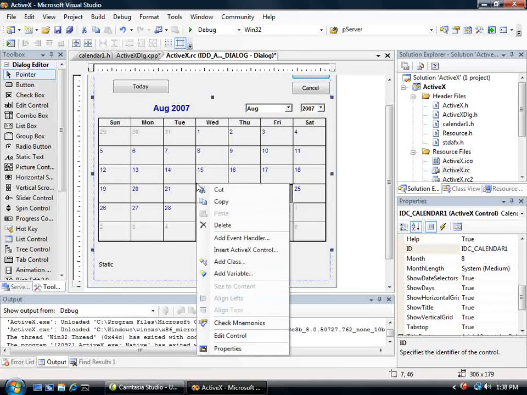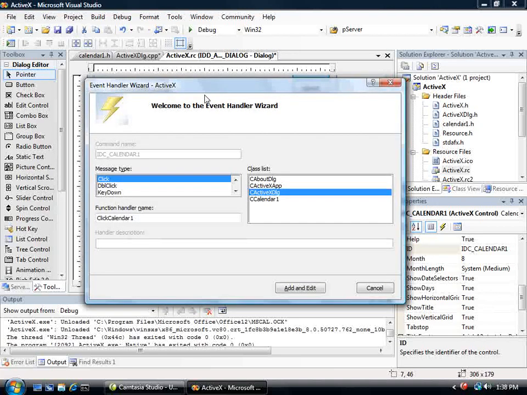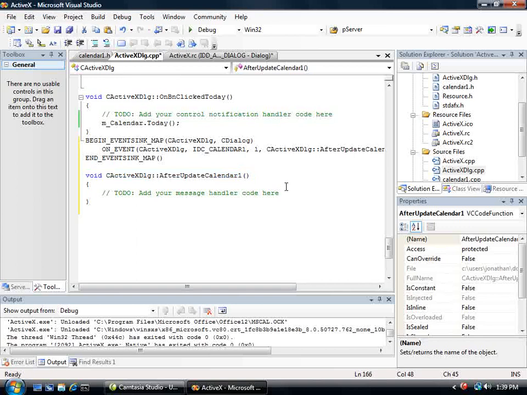Now we can right click on our ActiveX control, and we can pick add event handler, and this is similar to the add event handler that we had for the regular controls like the button, but we have some events that are specific to the calendar control. And for example, we have an after update event, and that gets called after the date changes. So in order to keep our label current with the current date, we'll need to change it every time the date changes on the control. So we'll go ahead and add that handler,